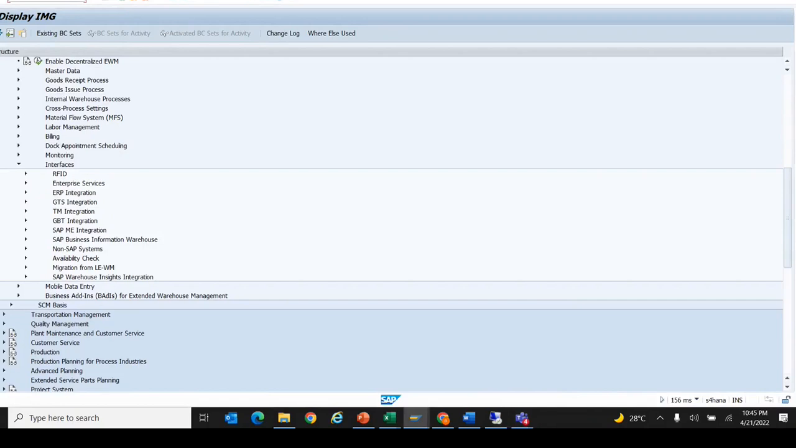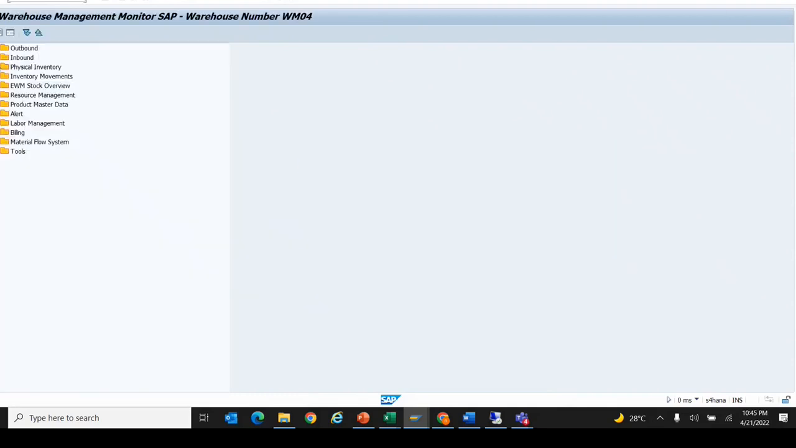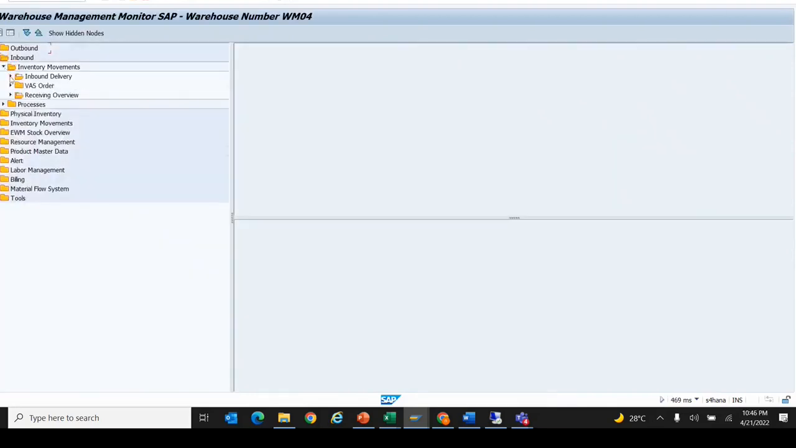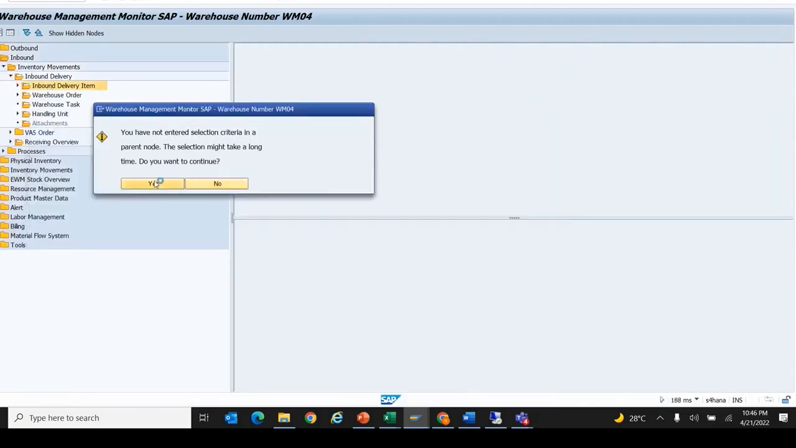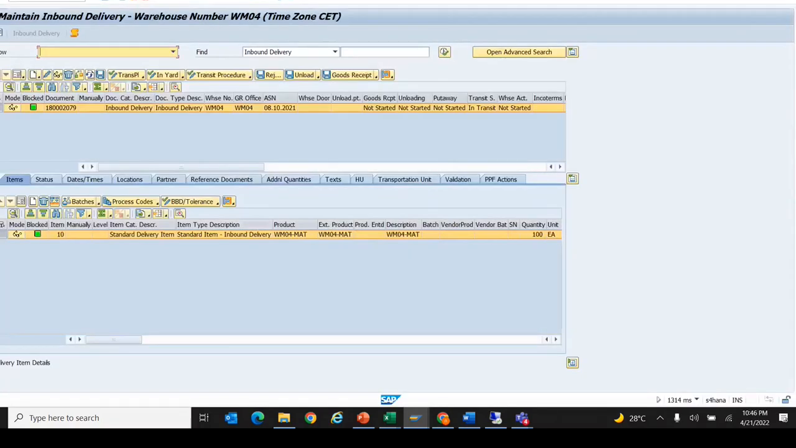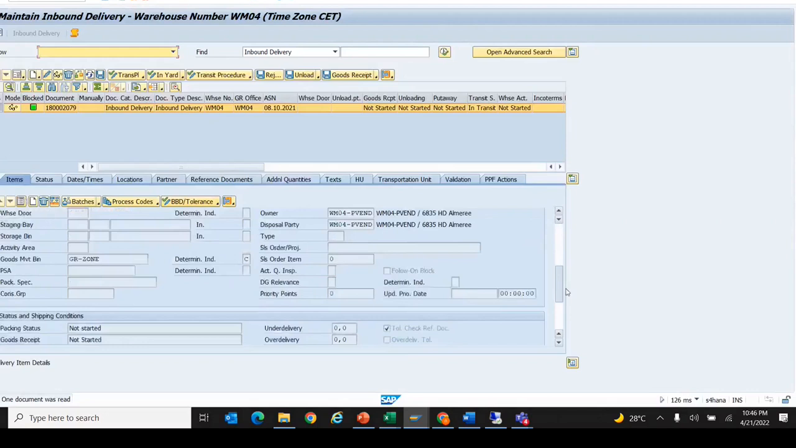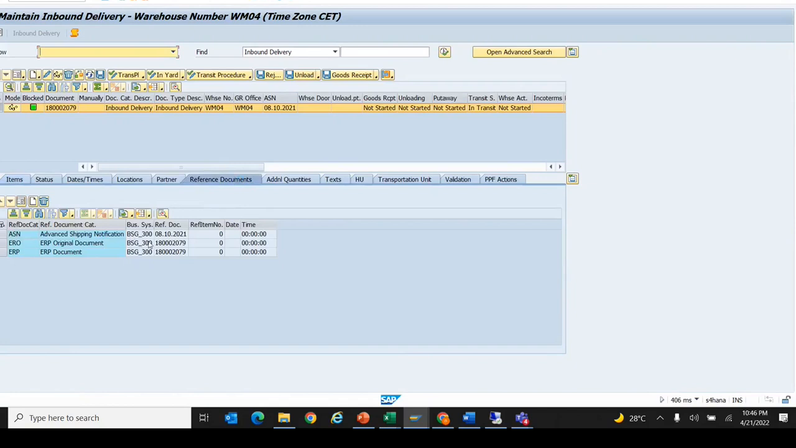Don't go with the transactions that I'm using. I will come to those transactions later. Okay. So this is the monitor that I will be using in the upcoming sessions. I'm just creating the inbound deliveries. Now picking the already created inbound deliveries. So these are the inbound deliveries. Okay. So this is the EWM screen, how the inbound deliveries look. So I go to the reference document. So these are the documents. This is the delivery